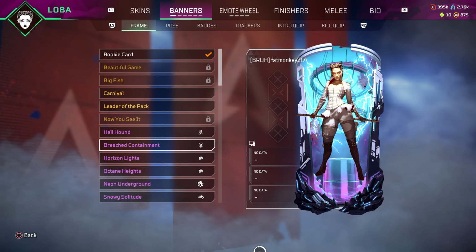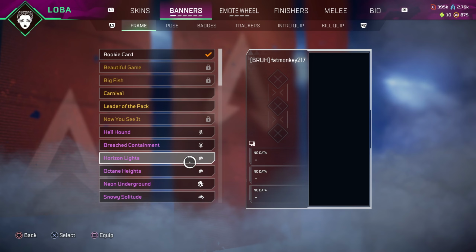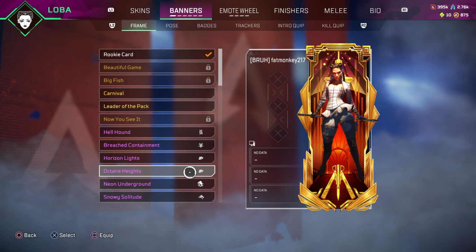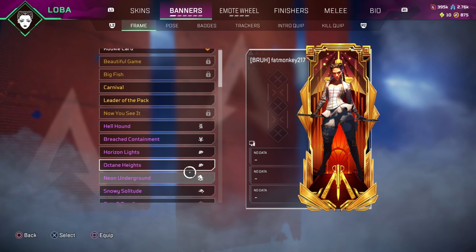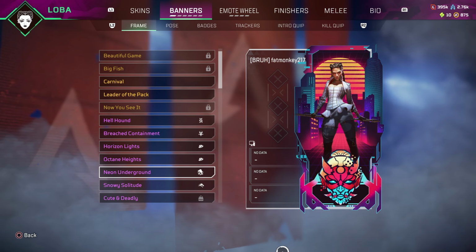Breach Containment is one that you get in this season's Battle Pass. I think it could match a few of her skins. I haven't personally tried to match it to anything yet, but it's a relatively cool banner frame. And then the Horizon Lights and the Octane Heights were a universal frame, so I mean most everybody I think should have those. Neon Underground is the one that you unlocked with